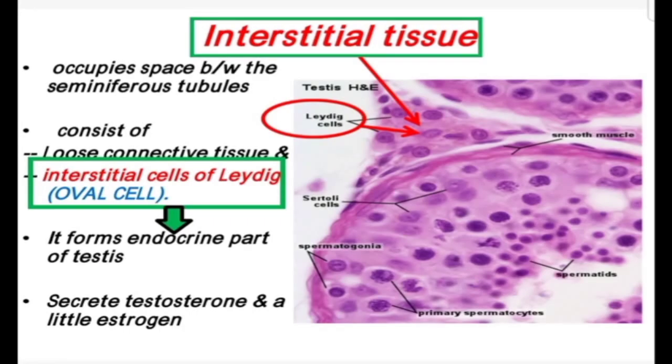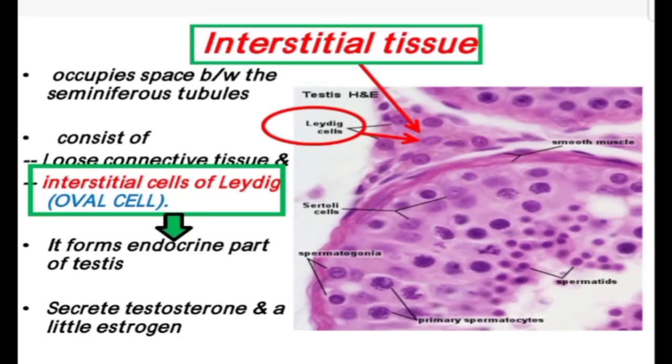Let's talk about the interstitial connective tissue. This is the interstitial tissue. This is a seminiferous tubule. An intertubular connective tissue of the testes fills the spaces between the seminiferous tubules. It contains collagenous fibers, lymph vessels, blood vessels and nerves, and several types of cells are also present, which include fibroblasts, macrophages, mast cells, and undifferentiated cells. But at the time of puberty, cells of another variety, known as the interstitial cells of Leydig, become distinguishable. So these are the interstitial cells of Leydig.